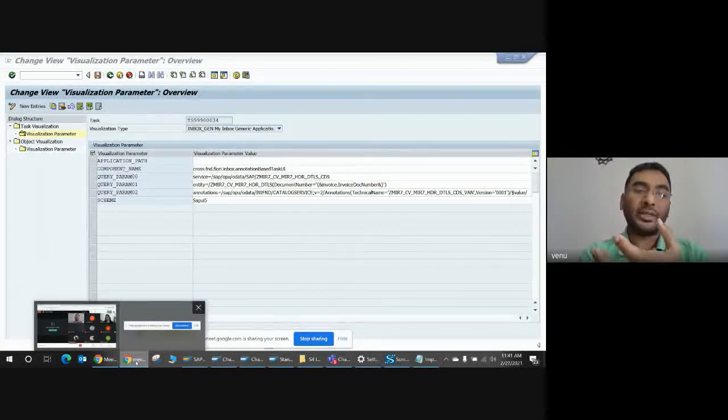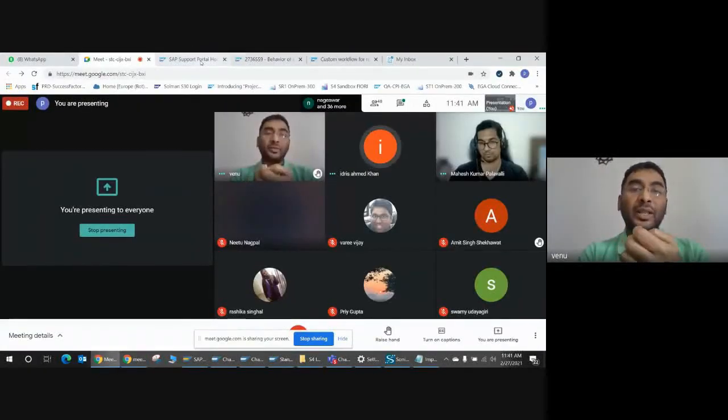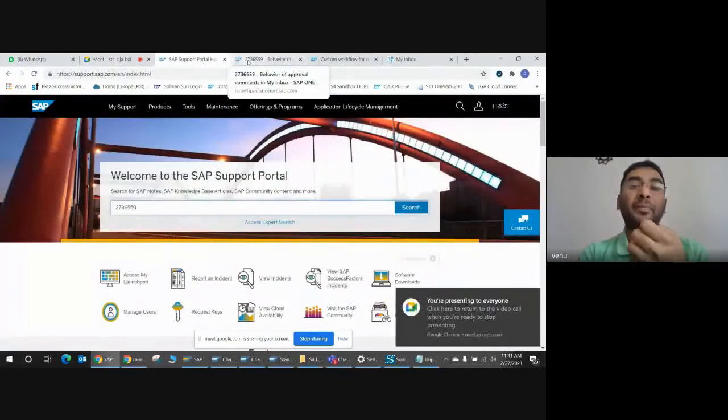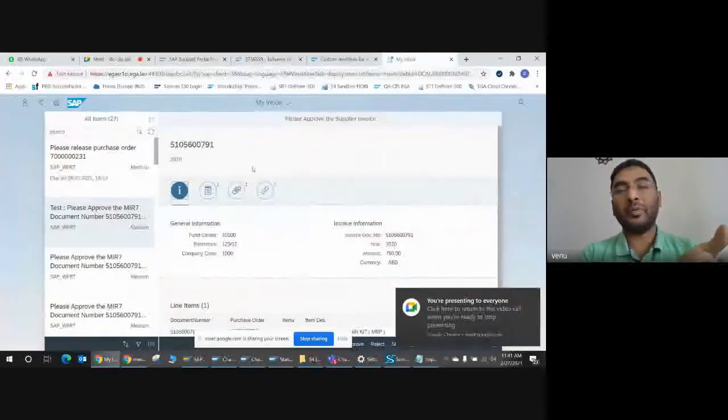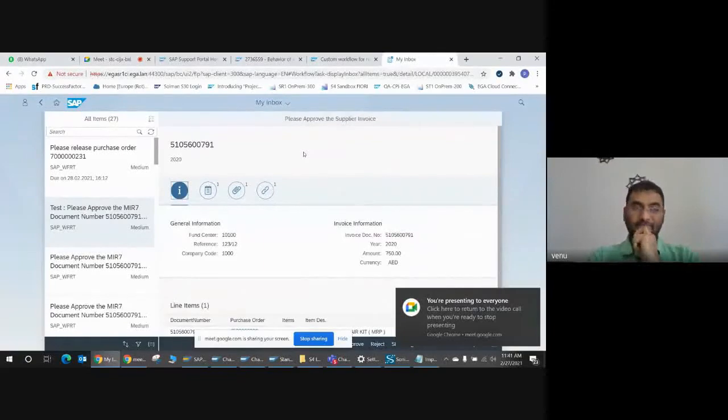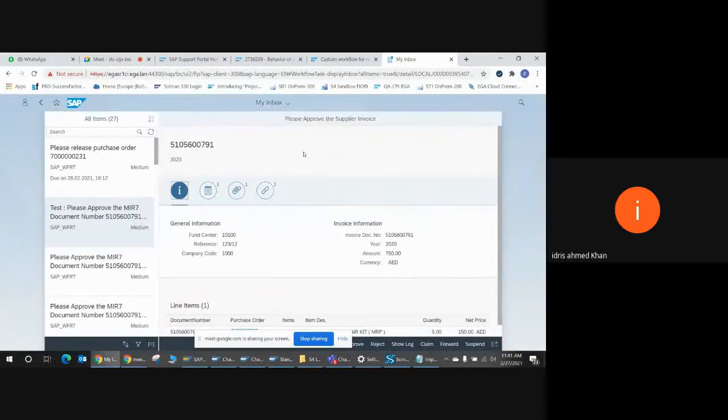You require some event, some actions. What will trigger the event? The event will be triggered by having some input, the input parameters that you need to get. The workflow you build is complete. I mean, it's not only for that particular task, right, but task number 34. It is a complete workflow for the MIR7 approval. Now, any workflow will have an approval task, right? Yes, so that is that particular task.